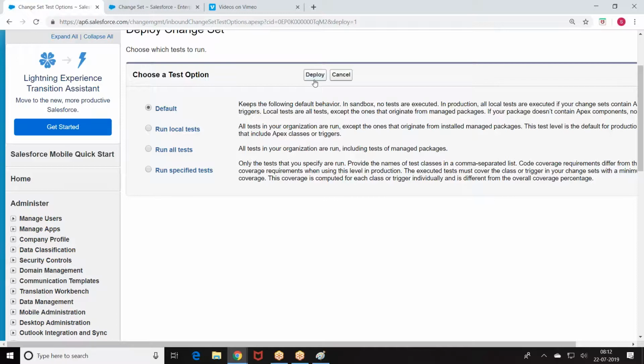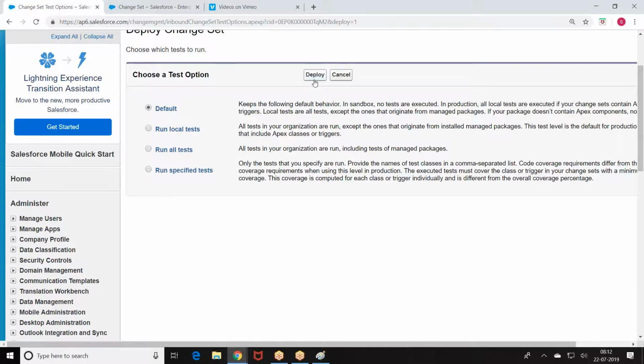I cannot deploy the code to third parties. What if you want to deploy the code to a third party? If I am using a change set, you cannot deploy. Then what is the solution we have? We have packages. This is a concept of package. There are two types of packages: managed package and unmanaged package. We can create a package. I can deliver the code to them in the form of a package.